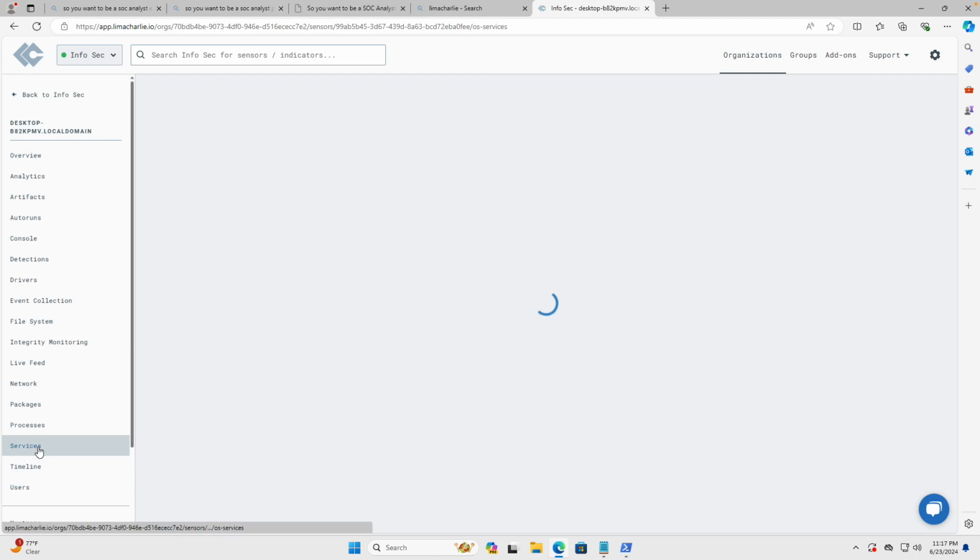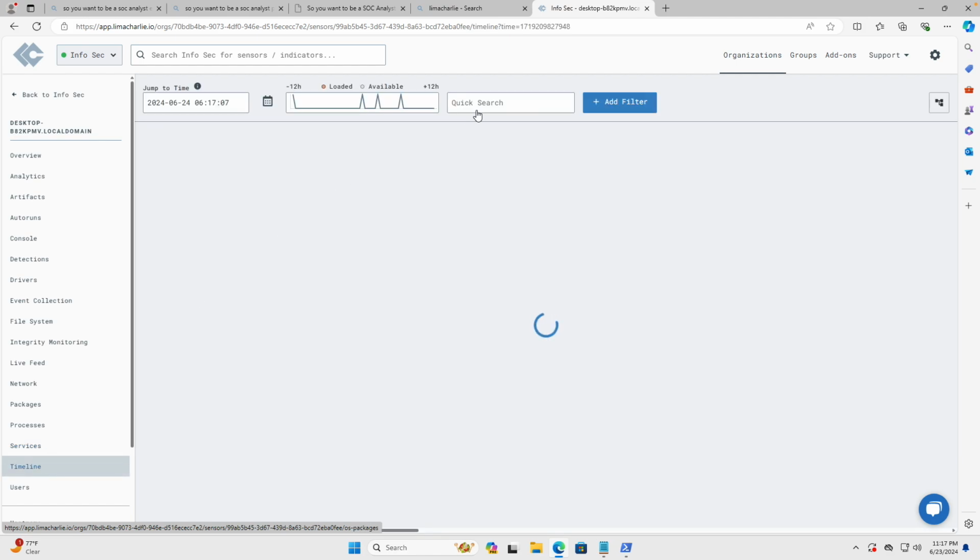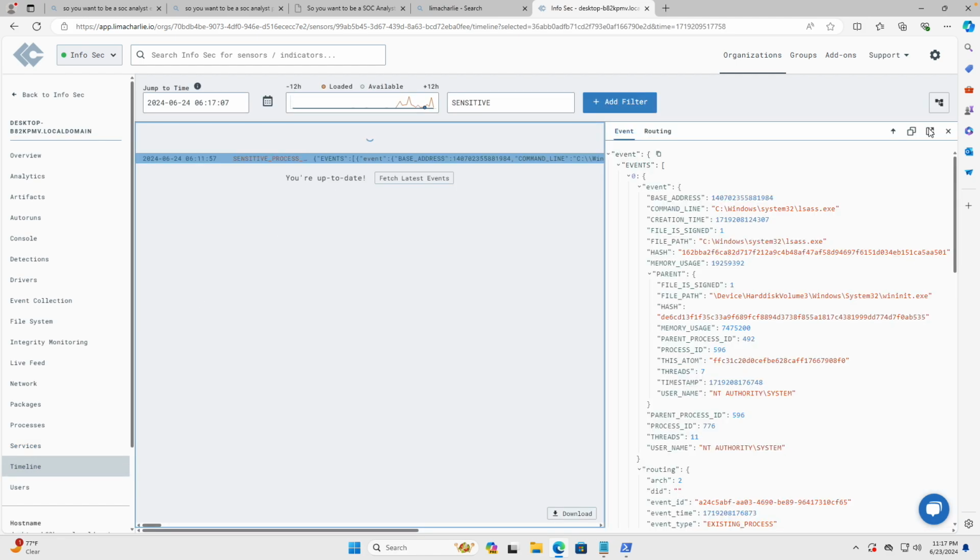Drill into the timeline of your Windows VM sensor and use the event type filters to filter for the sensitive process access events. There will likely be many of these, but pick any one of them, as there isn't much else on this system that will legitimately be accessing LSASS. Now that we know what the event looks like when credential access occurred, we have what we need to craft